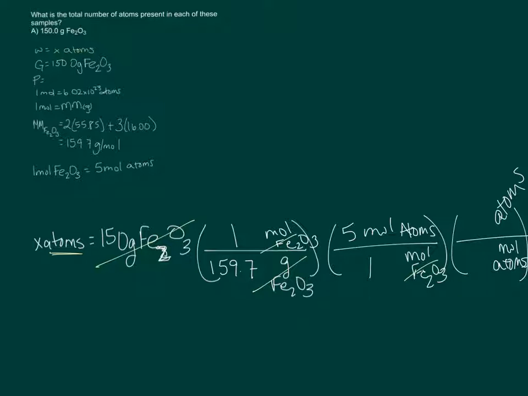Well, like I said, use that definition. For every 1 mole of atoms, we have 6.02 times, or 22 rather, especially if you're trained by me, times 10 to the 23rd atoms. I know it's weird, but I can't fit it all there. Hopefully you're pausing it right now so you can calculate. Our atoms cancel, our moles of atoms cancel, and we're left with just atoms, which is the unit that we wanted. So now that we have what we want, we pick up our calculator. And when you calculate it, hopefully you paused it, you get